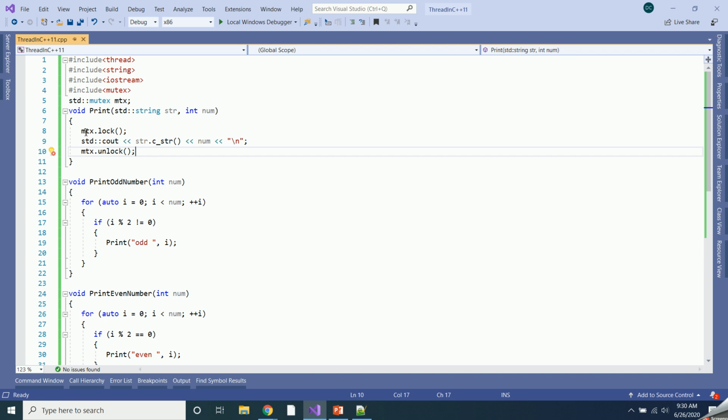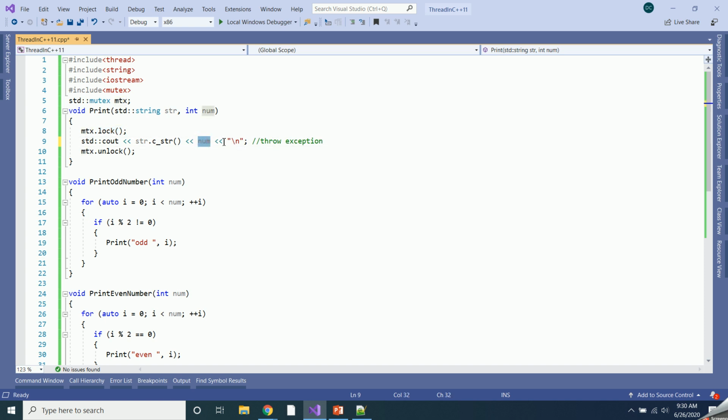But the problem with this mutex is that suppose this line of code throws an exception. Consider a situation here. The print odd number thread has started and acquired this lock, and then it is trying to print.